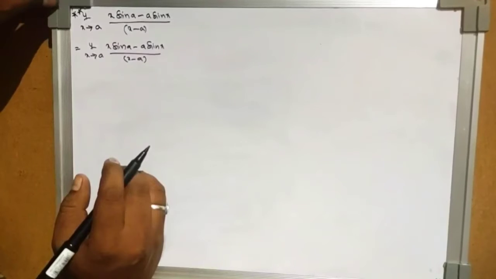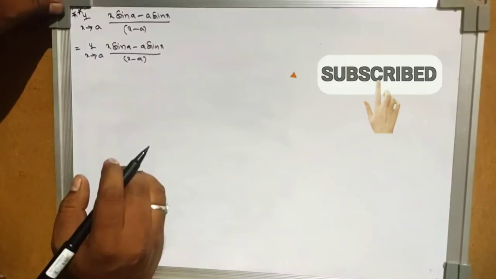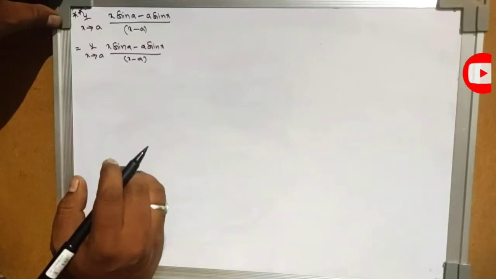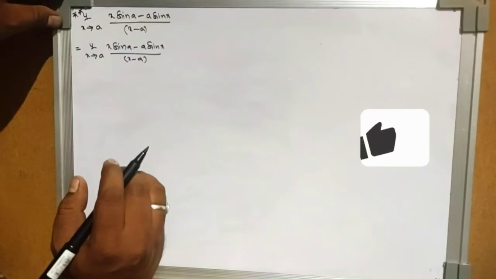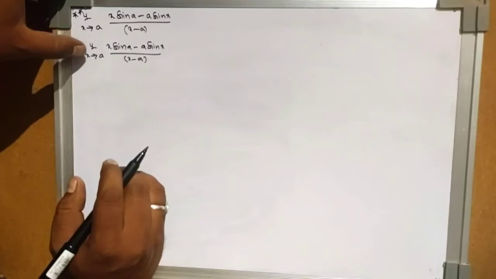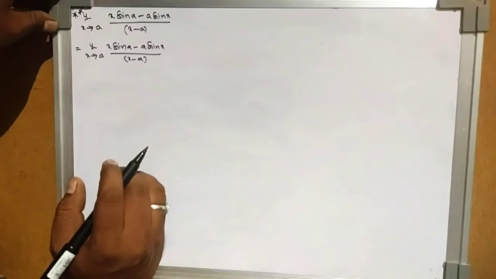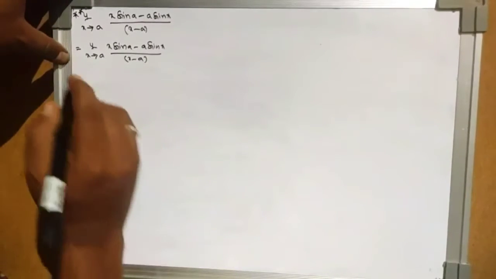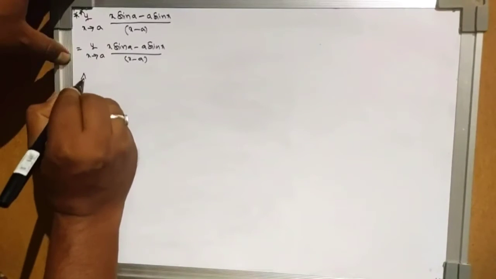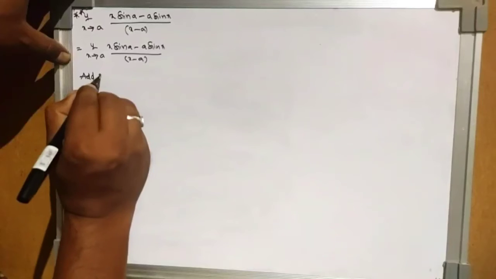Okay friends, now I'm going to explain a very important question, that is limit x tending to a of (x sin a minus a sin x) by (x minus a). So we can solve this problem as follows. We take the question here: limit x tending to a of x sin a minus a sin x. Here we have to solve this, simply add and subtract